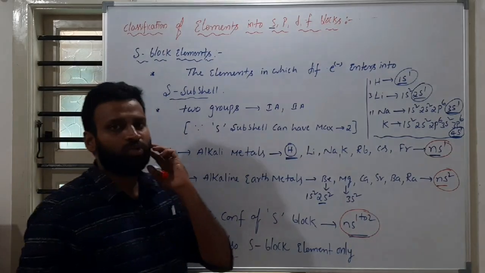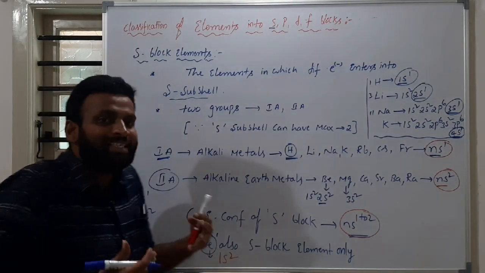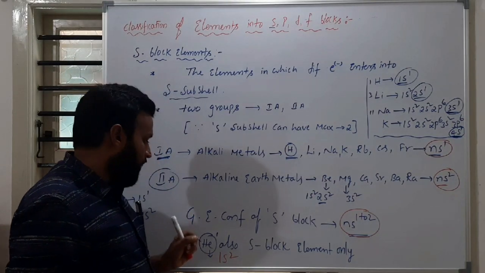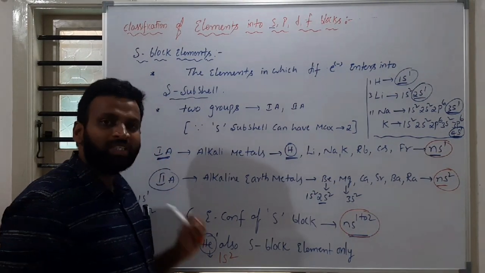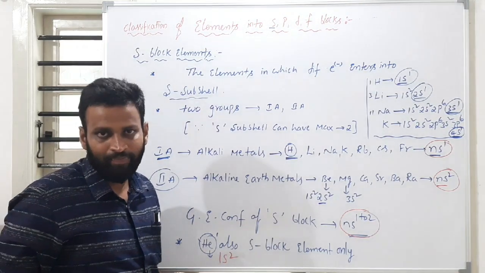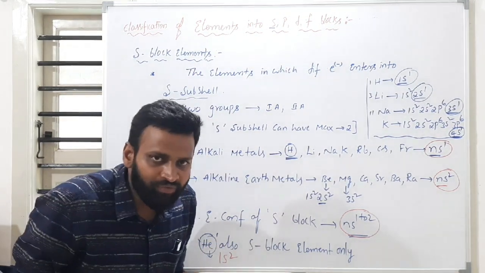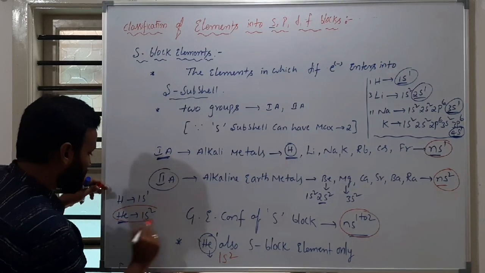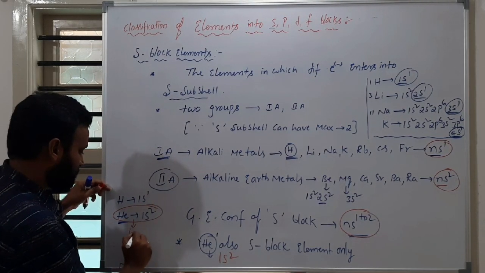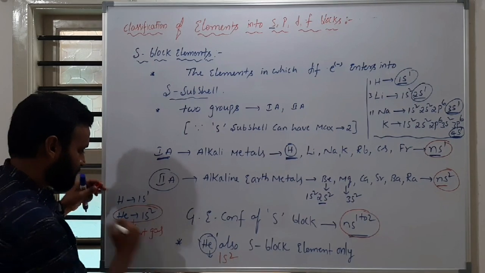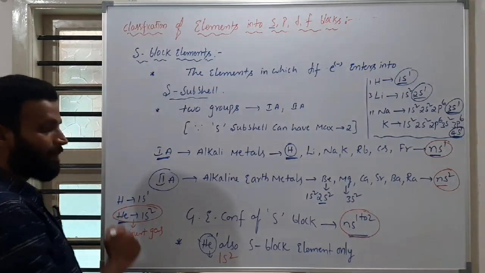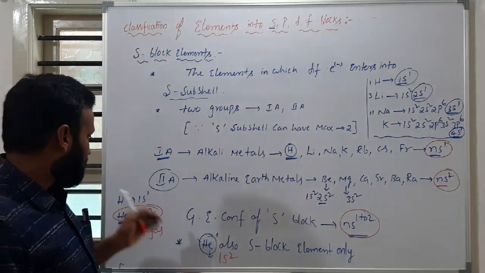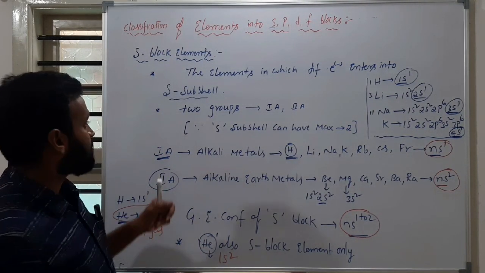Then why did you write it along with noble gases? Because it is an inert gas. It is highly stable, because the subshell present in the first K shell, only 1s, is already completely filled. So helium is highly stable. That's why it is kept in the inert gases, though helium comes under the s block elements.